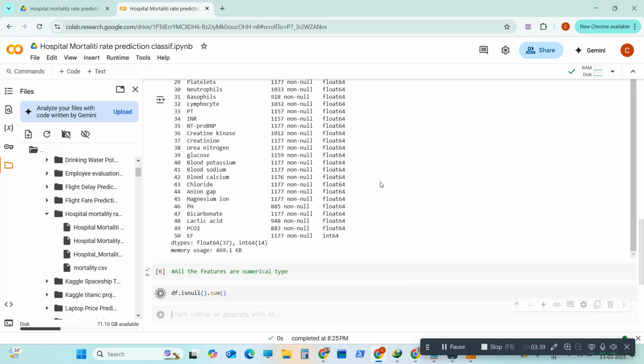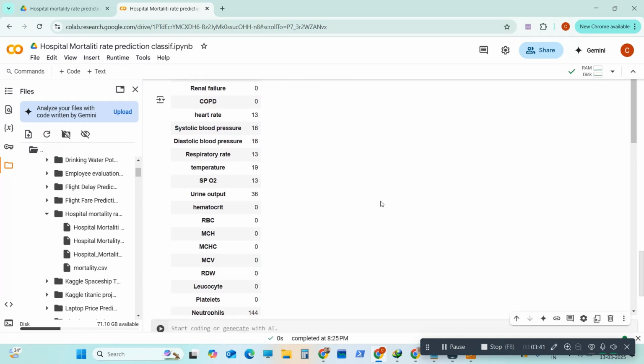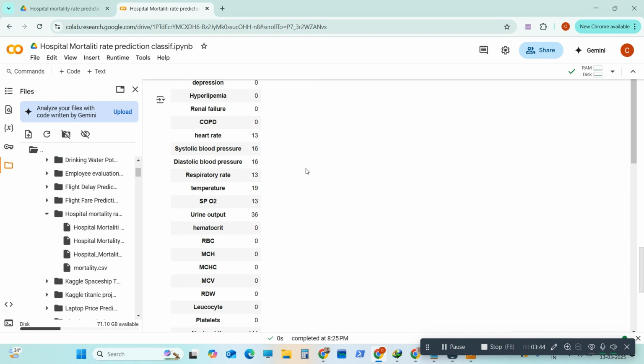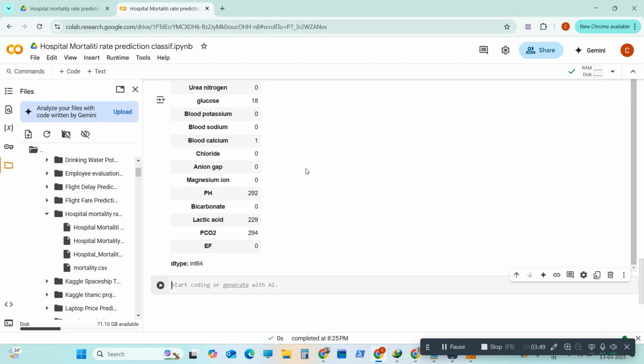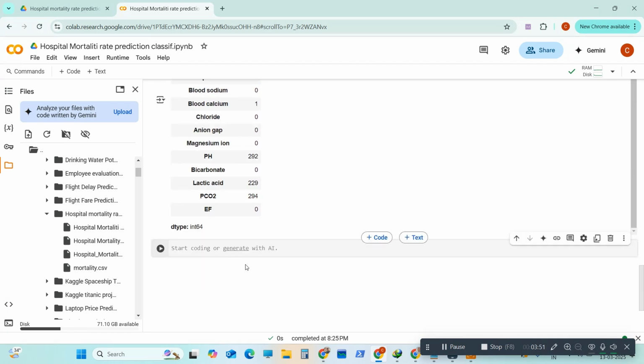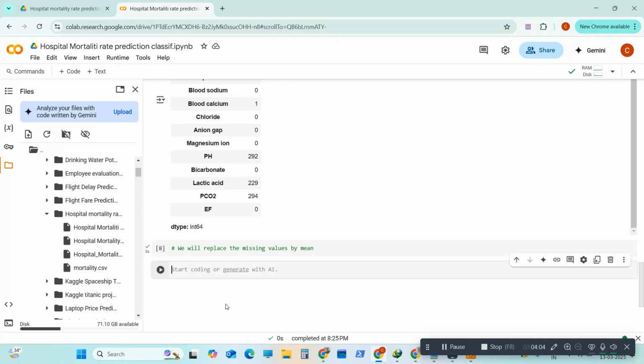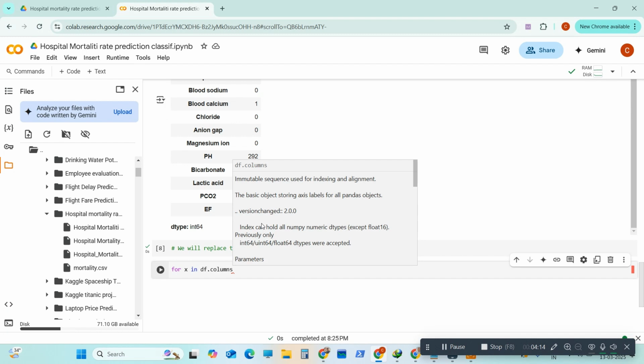Now let us check for null values. So we will use the command df.isnull().sum(). We can see that we are having some null values here. Now we will deal with them accordingly. So we will replace the missing values by mean, since we are having numerical values. So let us use a for loop. For x in df.columns,